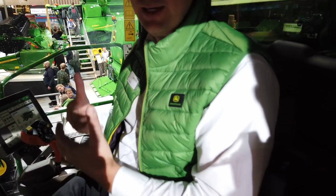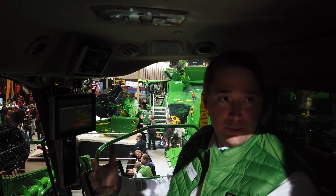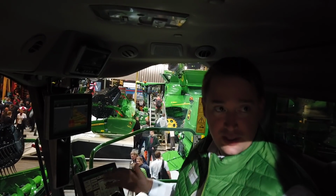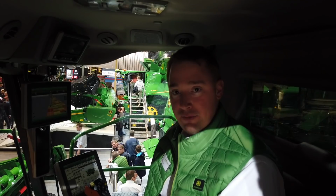We want that commonality and comfort right when you get in, so that you can go from one machine to the next and have that optimization and really feel comfortable with the controls. We introduced a new command arm on our S700s a few years back. We continue to build upon that and really allow our customers to optimize controls to ensure that the header control